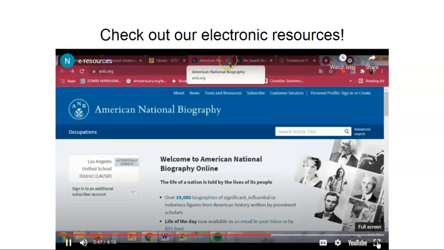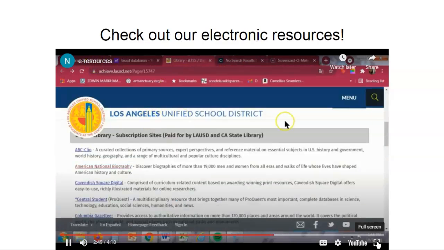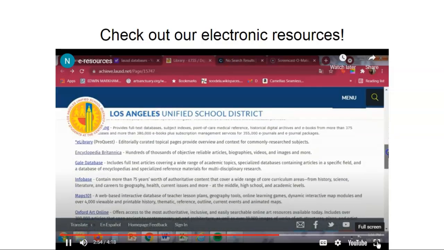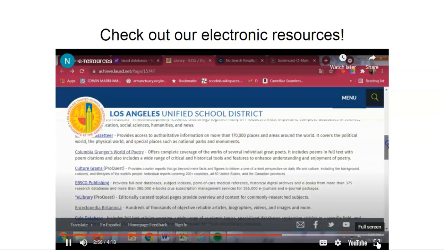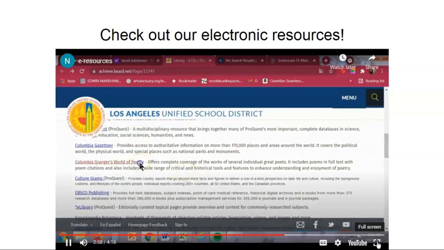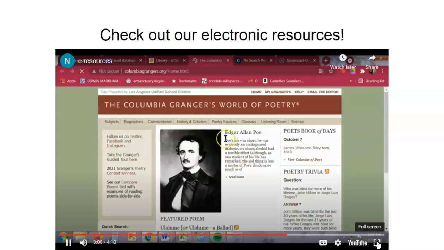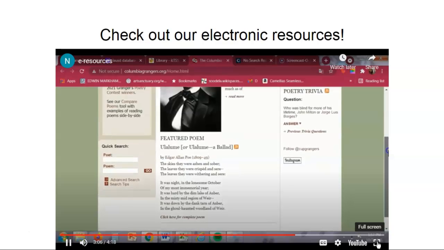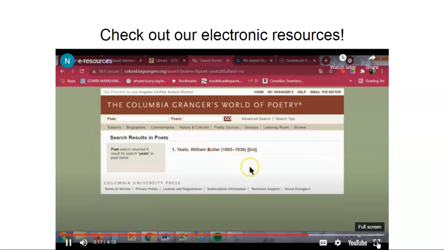So we can exit out of that. And let's see what else is kind of neat right here. Let's check out the world of poetry now that we're kind of on an English kick. Alright, there's Miss Dev's favorite, Edgar Allan Poe. Okay, a really nice poem by him. Let's look up Emily. Oh, we already have Yeats, William Butler Yeats here, so let's just go with him. Okay, so let's look him up.